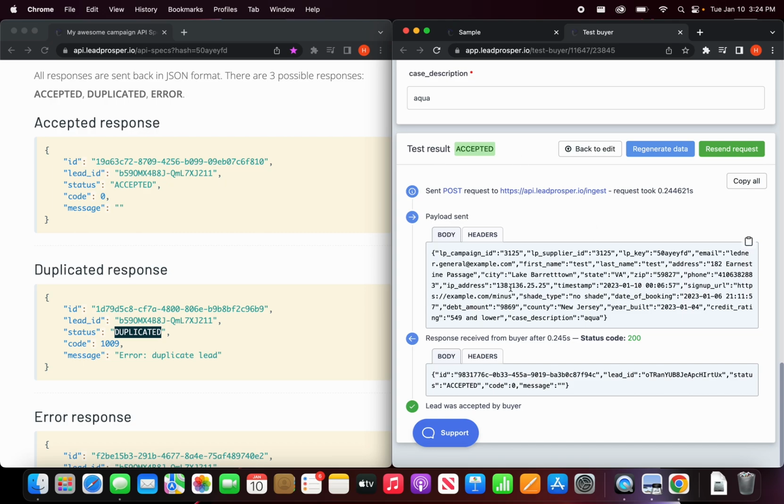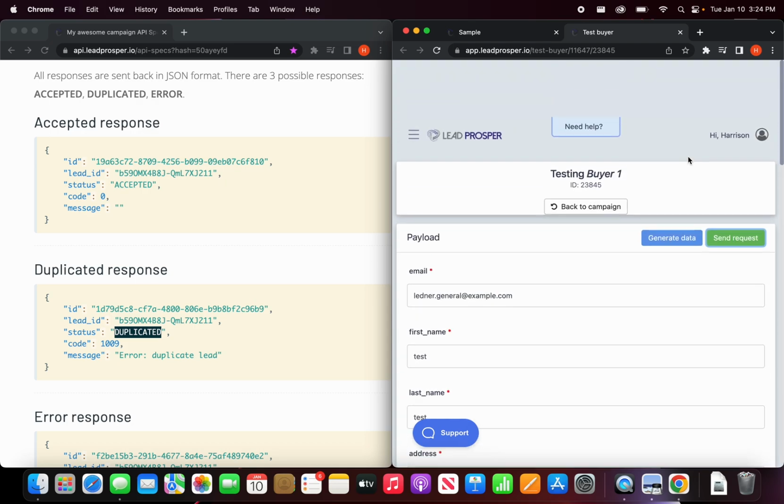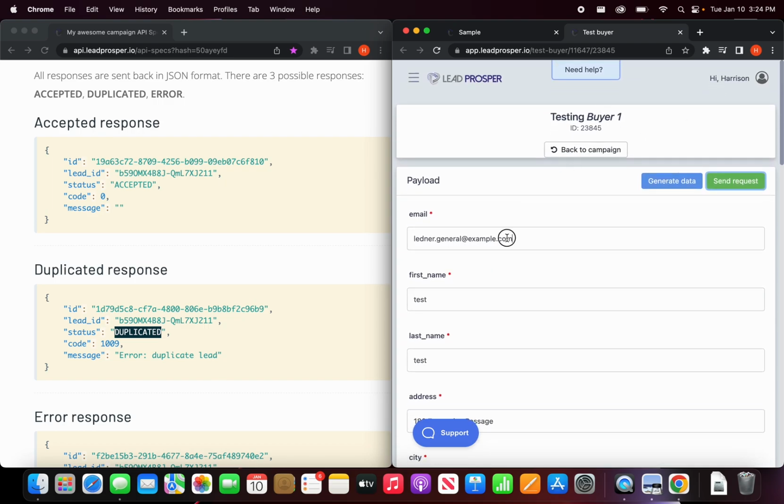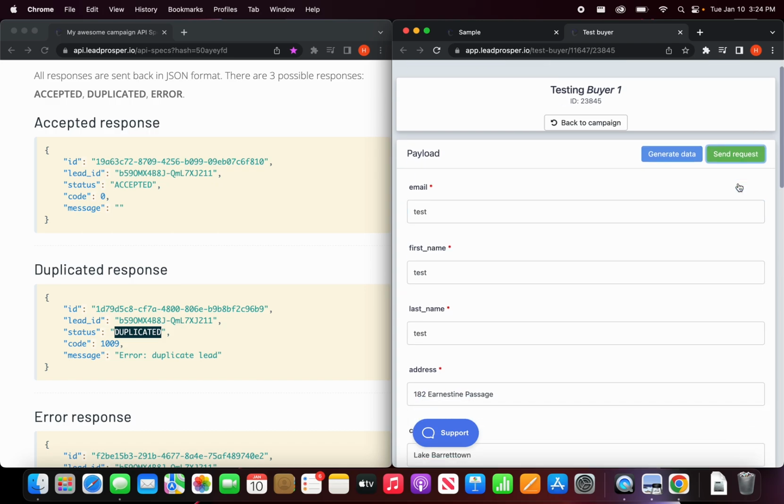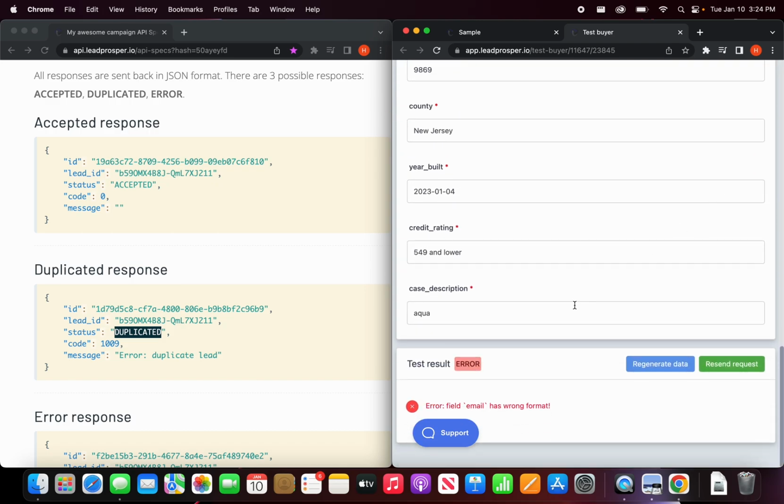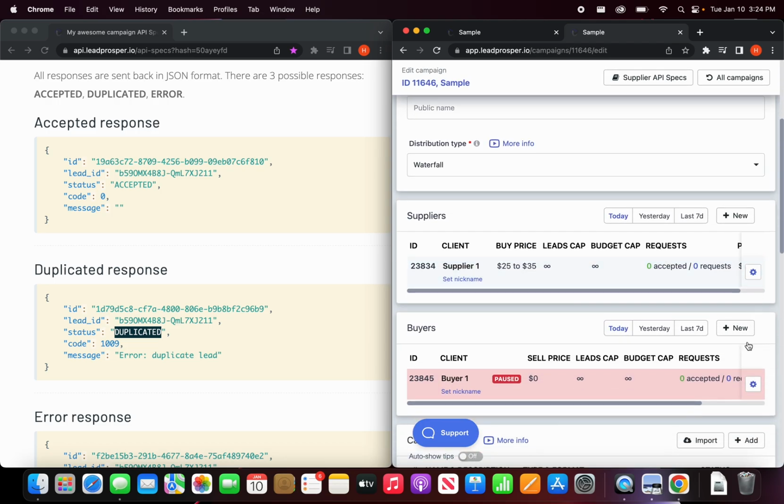As you can see, the lead was accepted. We'll copy this response and go ahead and send it to our buyer to make sure everything looks good on their end. Once we have the go-ahead, we can take our campaign live. If we had gotten a failed response, for instance, maybe a field was in the wrong format, we would have gotten an error message and information about what was wrong with that request. Testing helps you troubleshoot and eliminate any issues before the campaign is launched. When we're ready to go live, we can go back to our buyer and hit this button to resume our campaign.